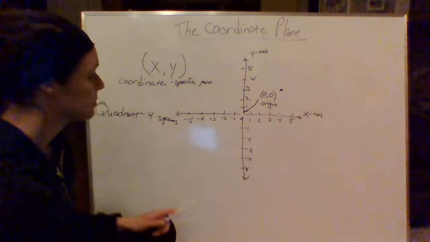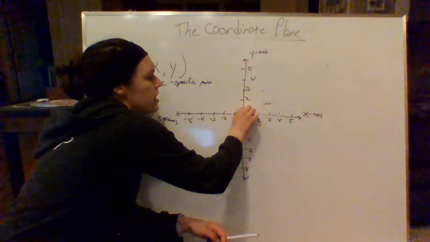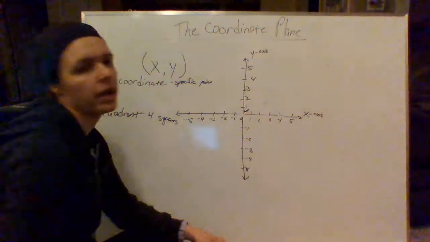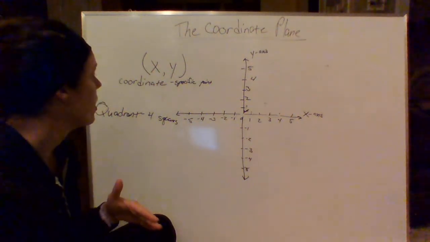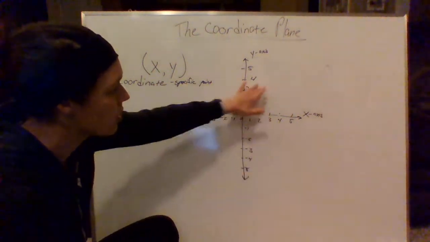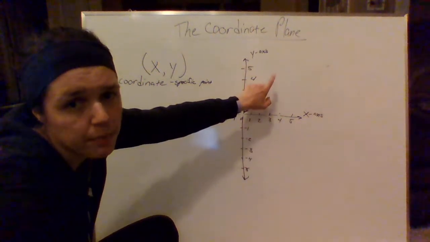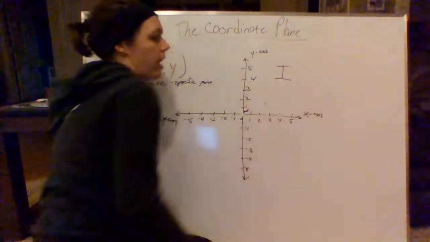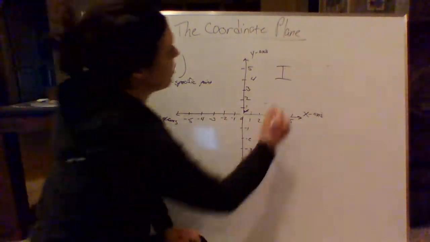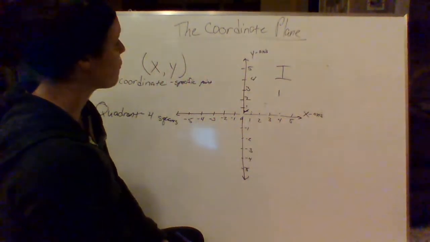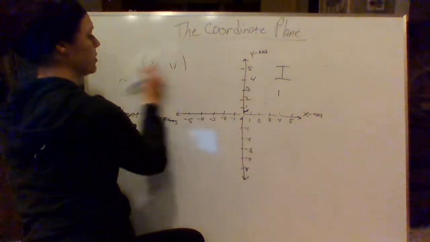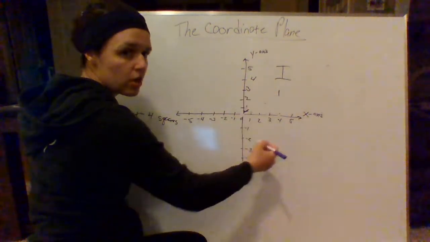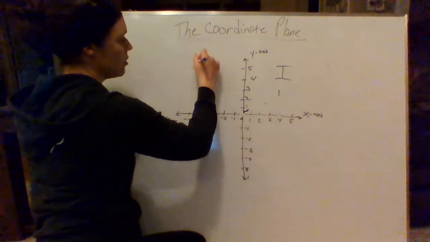So the quadrants are these 4 squares that make up your coordinate plane. Now to remember how they go, the first quadrant, so there's 4 of them, the first one is always the top right one, and we write it in Roman numerals, so I write it as an I. I'll just put number 1 here just so you remember. From there, your quadrants go counterclockwise. So you hit 1, top right, then 2,